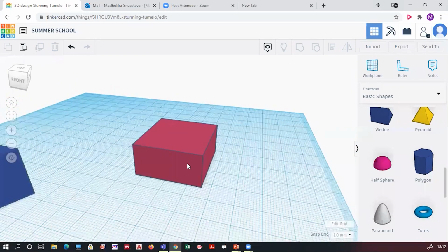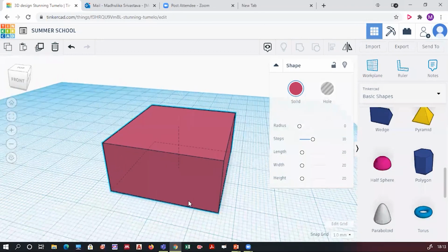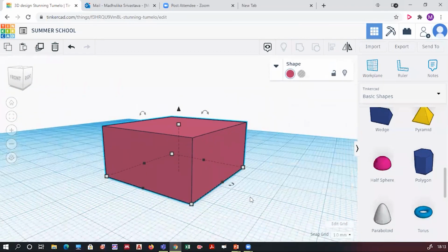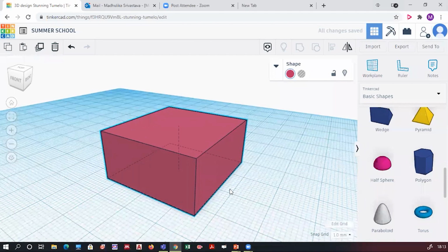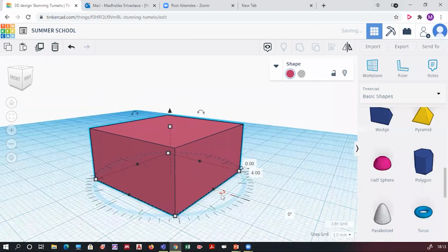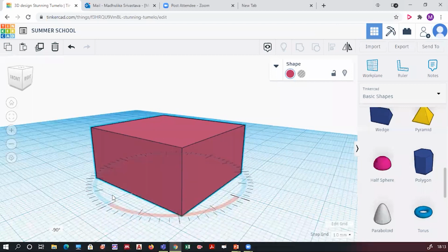So the size of the object, I told you how to raise it and how to put it back. Now one more option is there. I'll finish that and then I will start the exercise. You have an option to rotate. You see two options of rotation, right? One is at the bottom. You can rotate this object. Click on the object, click on this rotation one, and just move it. Just click, don't raise your finger, and just rotate the object.